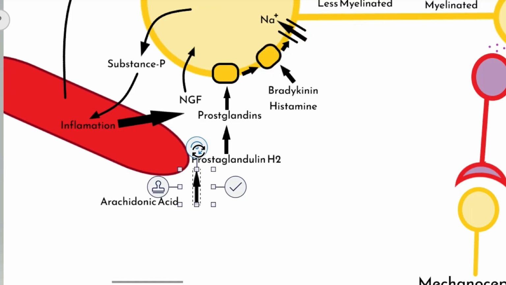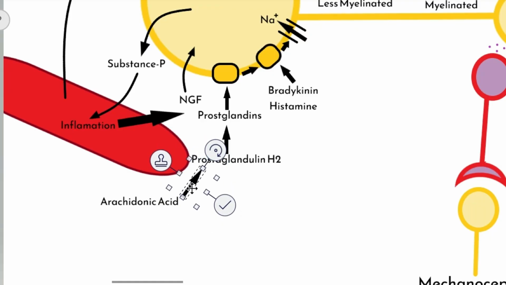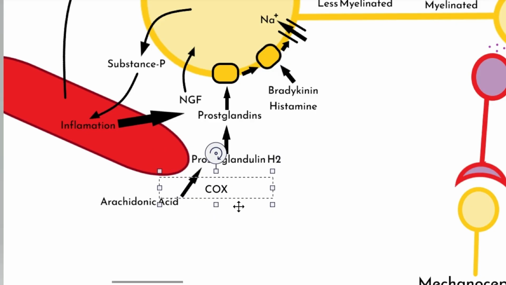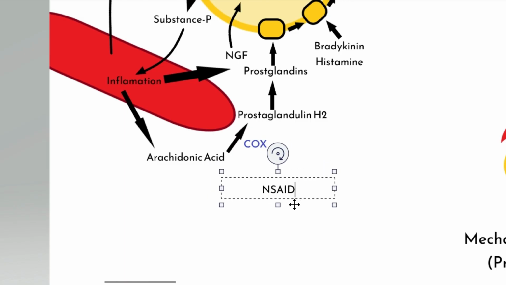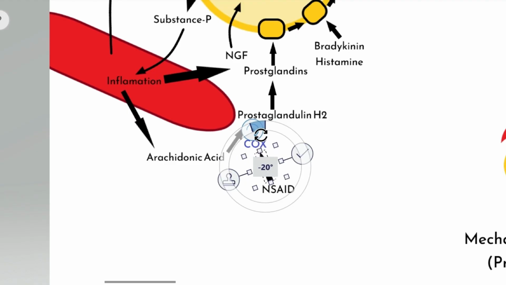So what actually happens in this synthesis process of prostaglandin is there is an enzyme called COX, which is responsible for this conversion. I'm going to put it in blue, then you know it's an enzyme. So what these non-steroidal anti-inflammatory drugs, or NSAIDs, how do you even say that? Anyway, what they do is they are going to inhibit COX, and that can work really well in some circumstances, but it can also carry a certain degree of side